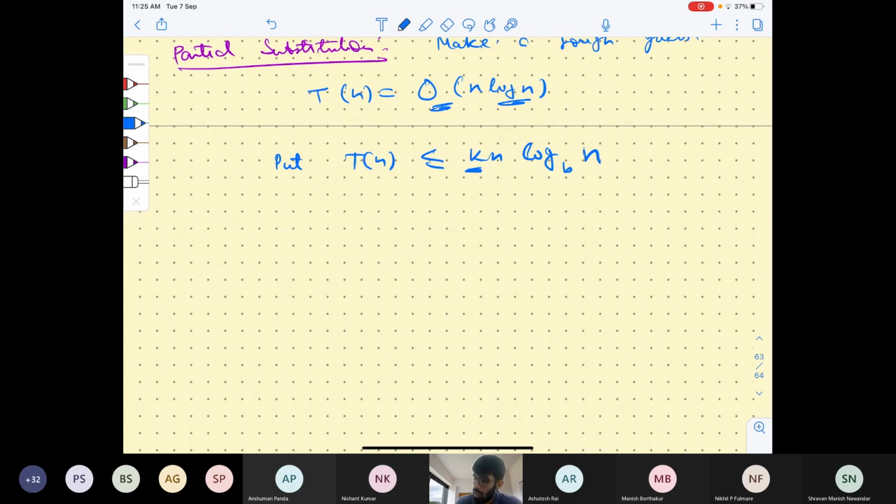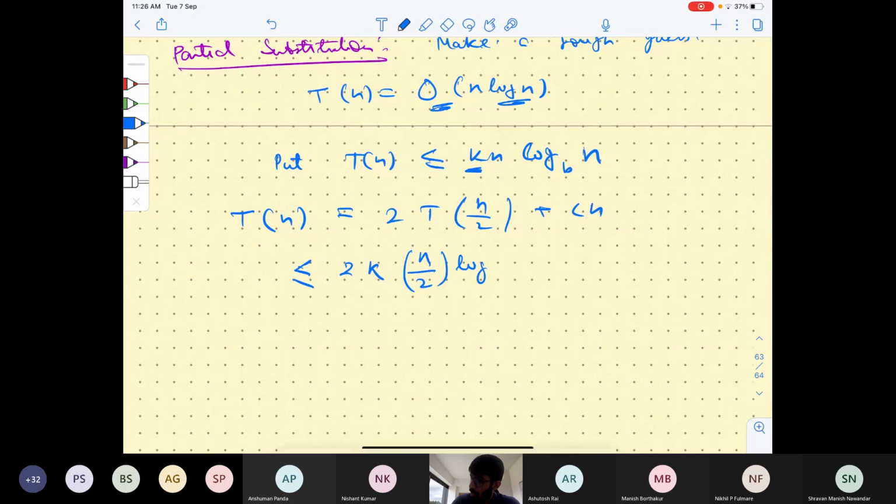So T(n) is equal to 2 T(n/2) plus cn, and now we want to replace this. So this is less than or equal to, because of the induction hypothesis, 2k (n/2) log base b of (n/2), right? Plus cn. Now if we take b equal to 2, then again we get this nice thing that we got above, that it becomes log base 2 of n minus 1. So let's take b equal to 2,